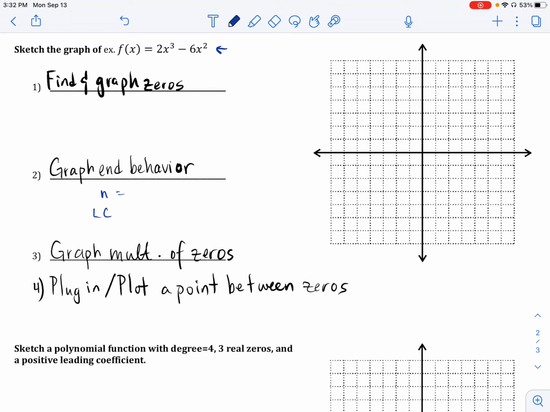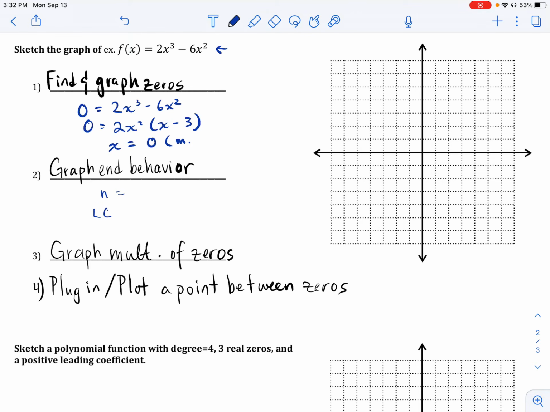The first thing we're going to do is find the zeros. So we're going to set our function equal to 0. So 2x cubed minus 6x squared, and we're going to just solve this algebraically, factoring out a 2x squared. That's x minus 3. So our zeros are x equals 0